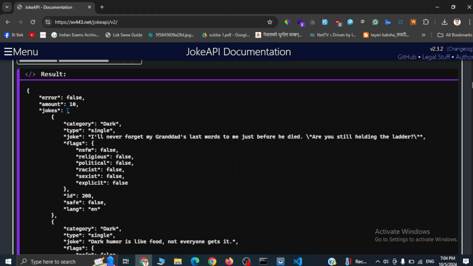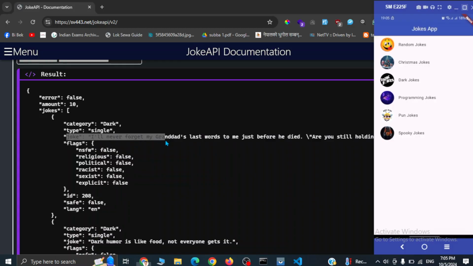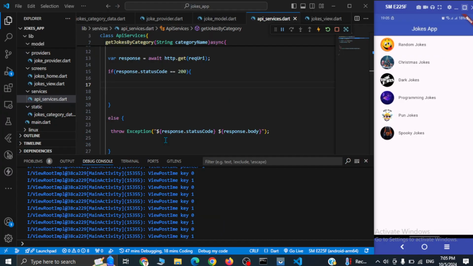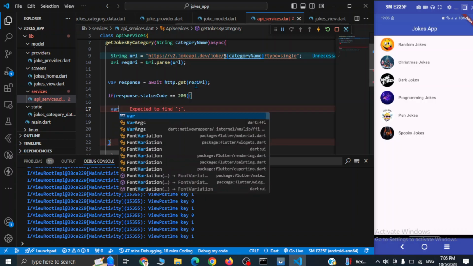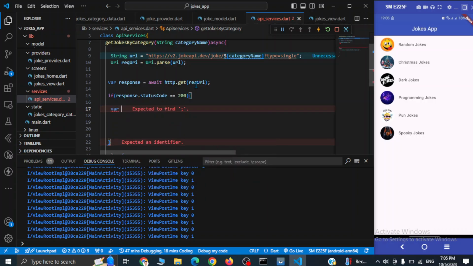And here we are receiving the list, so we will iterate over each item and make use of this key value here. Okay, so first of all we have to read what we received from the API. Okay, so where response body,